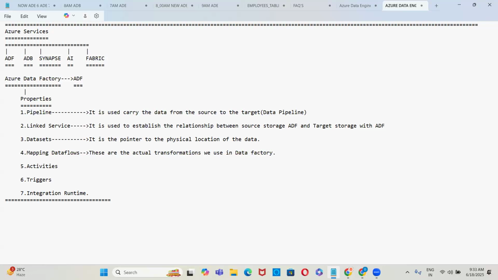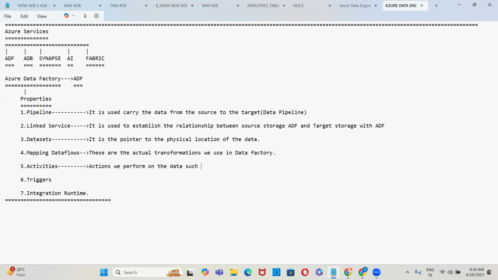That's it, guys. Then the activities. So what are the activities? Actions we perform on the data,